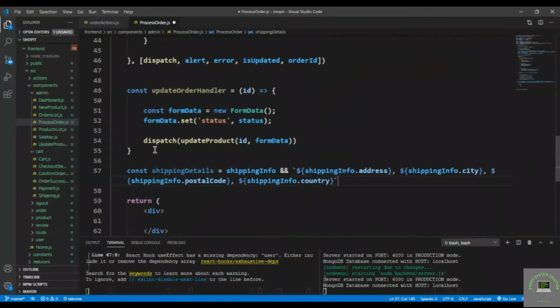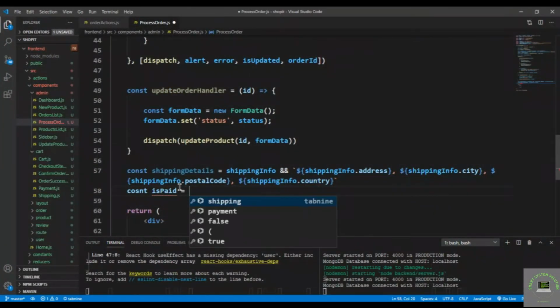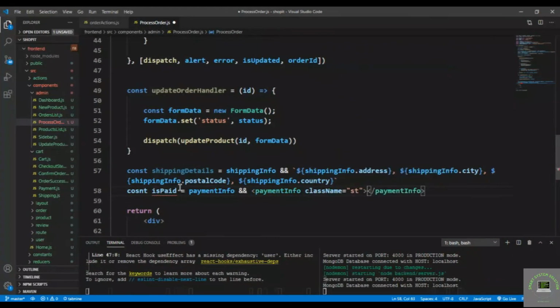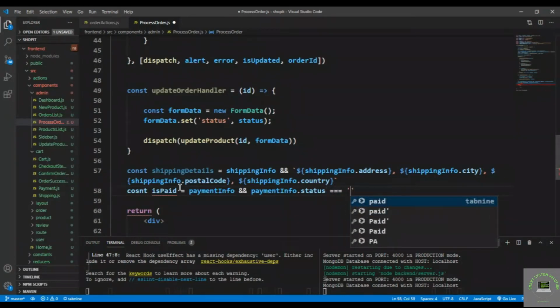shipping info dot address, shipping info dot city, postal code, and then the country, and then for the is paid, so const is paid, that is payment info exist, then payment info dot status is equal to succeeded, then it is true, else it is false. Right,